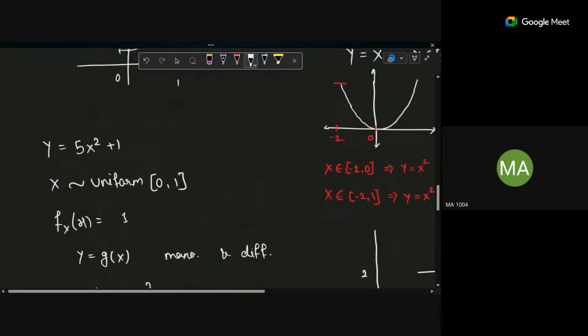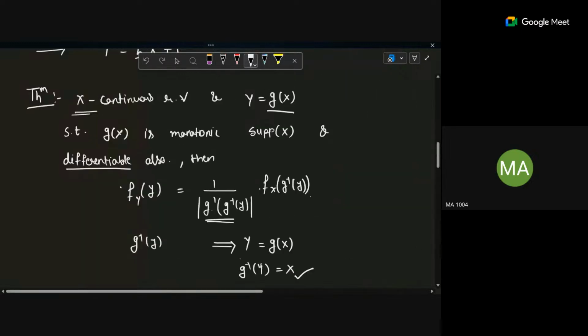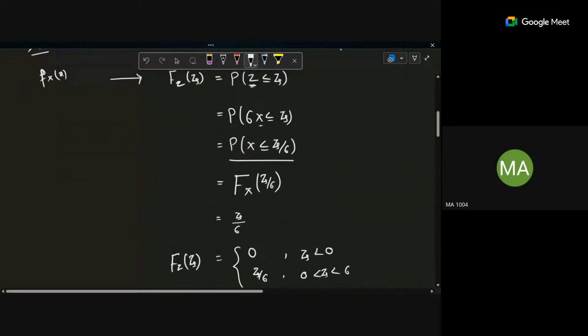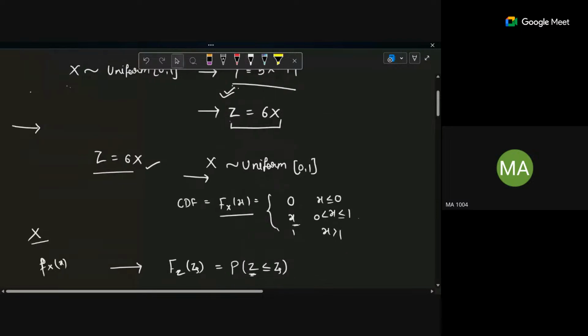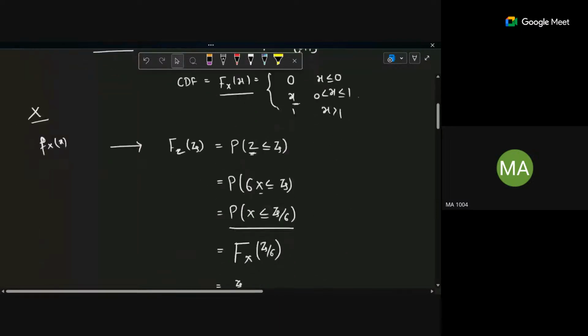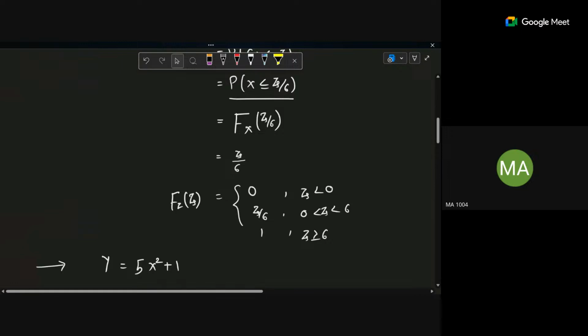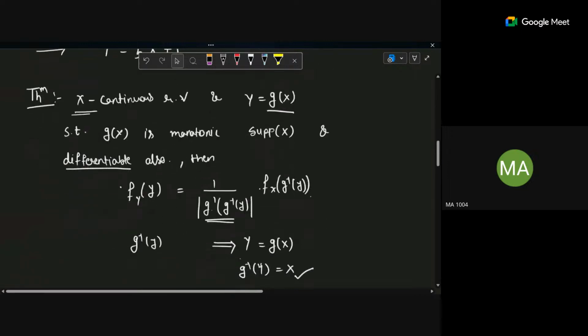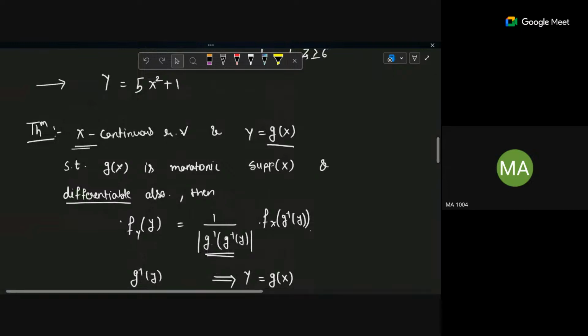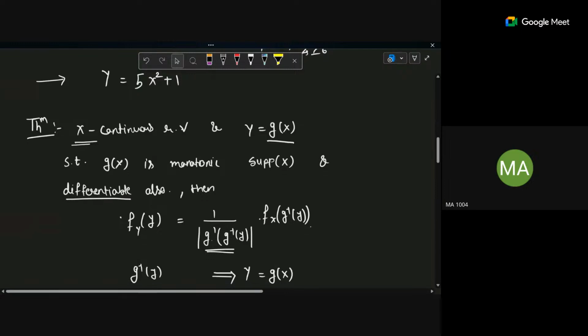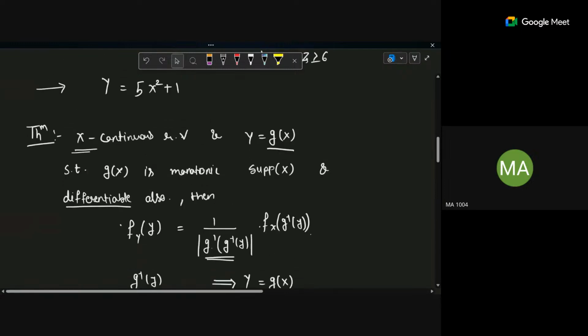So whenever a continuous random variable is given to you, and we are interested in finding the CDF or PDF of a function, there are two ways. One way is you just go directly, manually, like this. Whatever your function is, convert it in terms of x, check what the ranges are, and find the CDF or PDF accordingly. And if you know that your function of the random variable for which you want the distribution is monotonic in the given support of x and differentiable also,